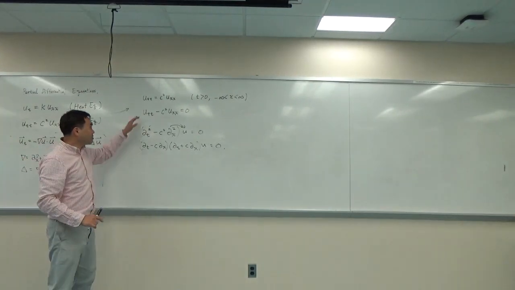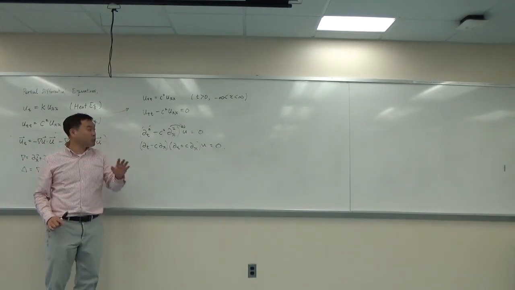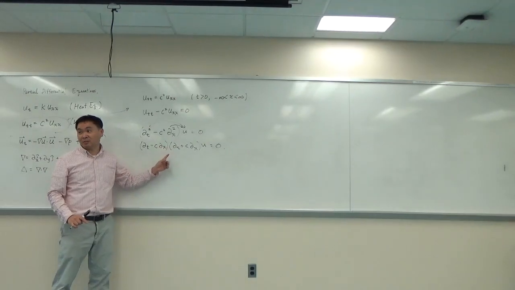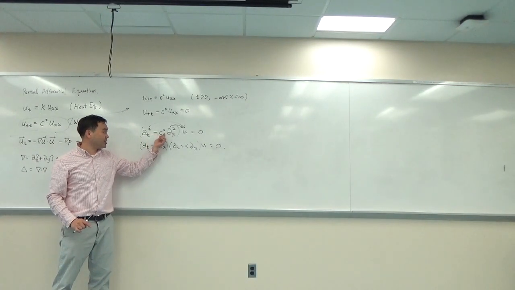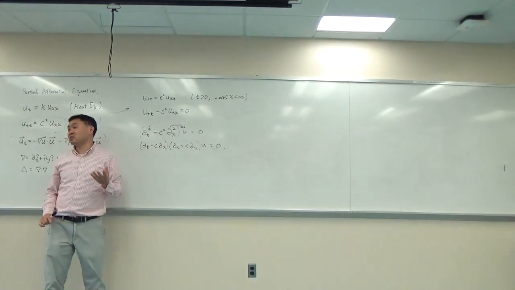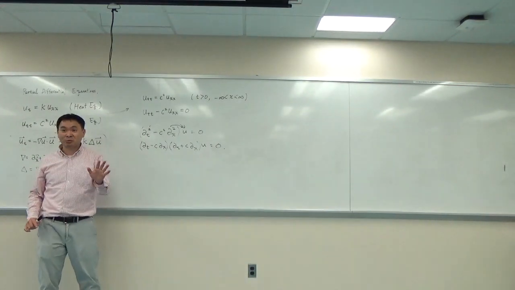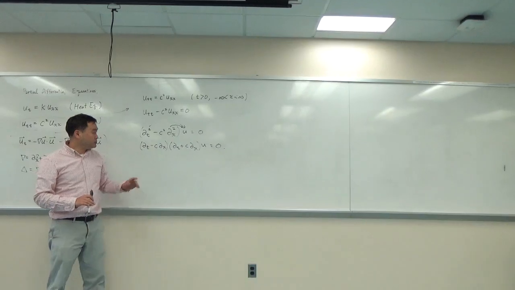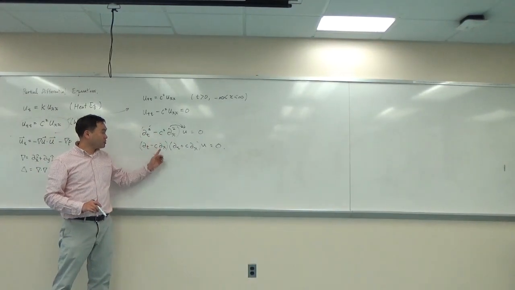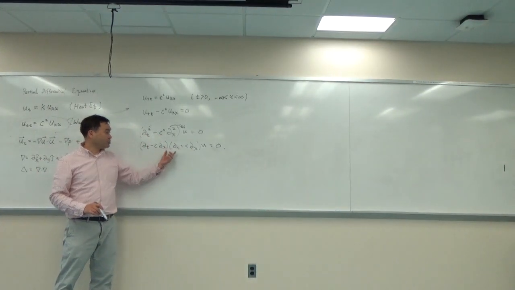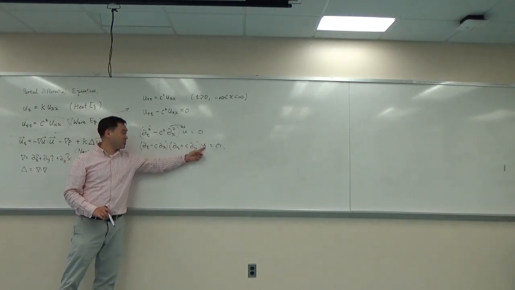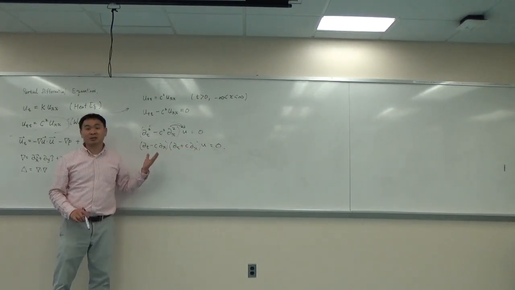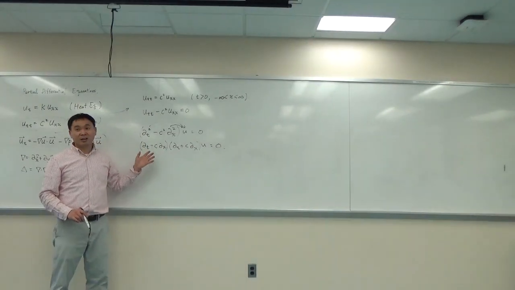Now, this much is straightforward. What's not straightforward is why this is the same as that. And in fact, this would be wrong if I had anything in front that has x or t in there. That would be wrong. Okay? Don't ever do that if you have x and t. However, these are all constants, so in that case, if you actually apply this to this, and then apply this to this, you'll see that it's indeed the same thing as this,